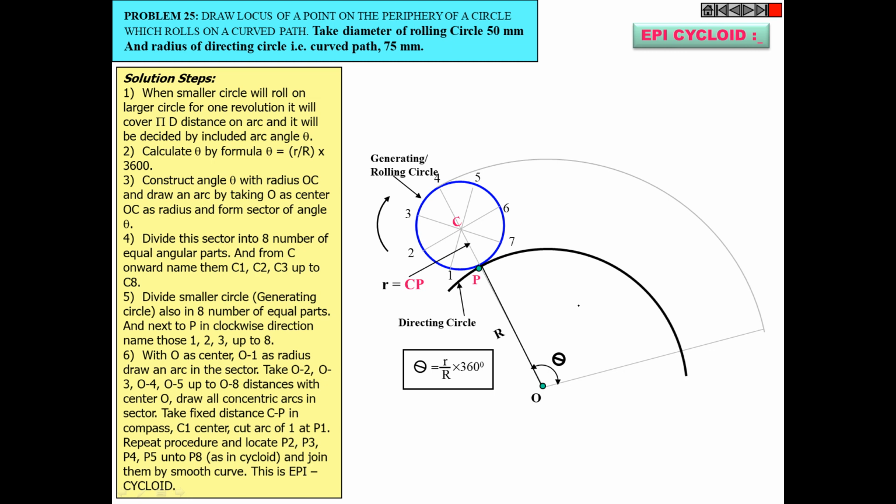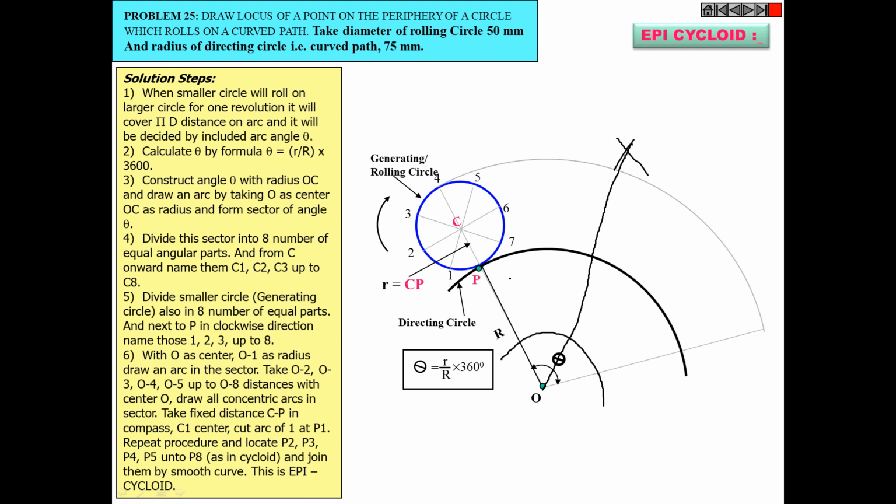How will I divide? You take your compass, with the length of the compass more than half the length. Place your compass at point O and cut an arc like this. Now place one leg of your compass at this point and cut an arc. Place the other leg at this point and cut an arc. Now join this arc point with the center point O. Now you can see that you have divided your sector into two parts. Yes or no? Yes, sir.